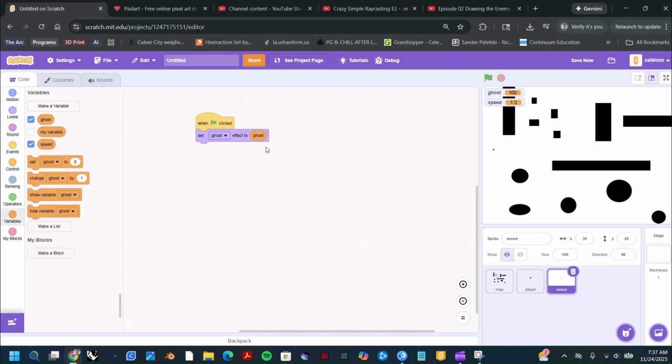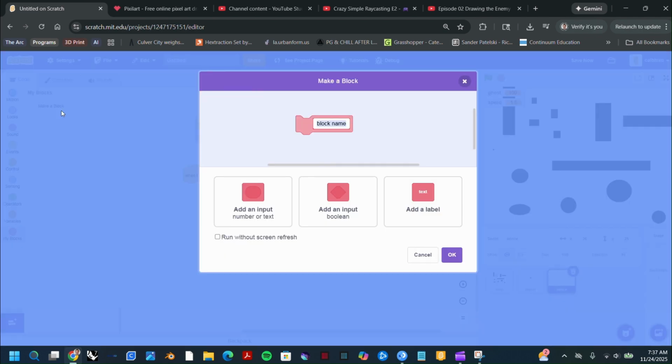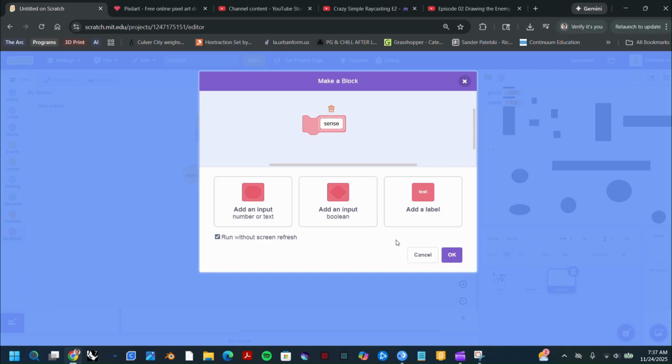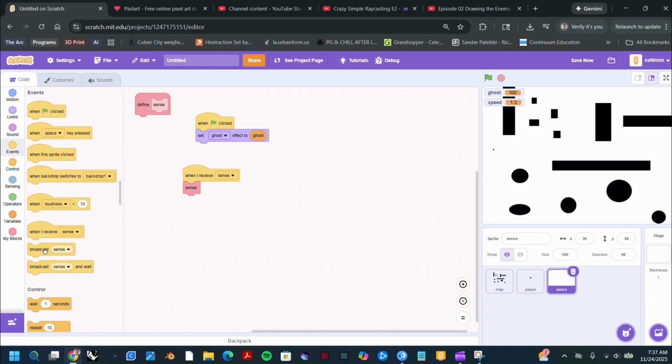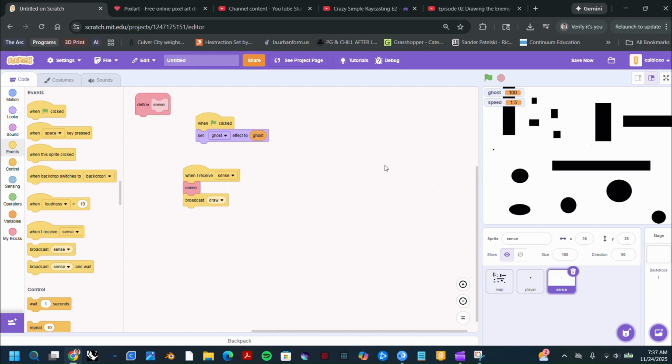Then when I receive sentence, make a new block and just call it sentence. Sorry, I'm spelling these wrong. Run without screen refresh. I receive sense. Then broadcast draw. Then on define sense,